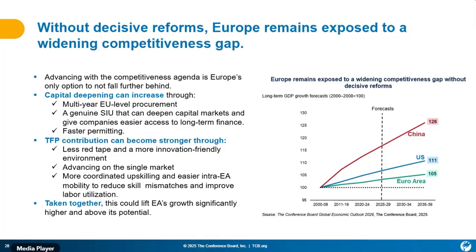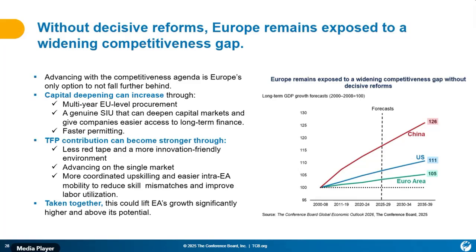Assuming this happens, one key note we make in the report is that decisive reforms will have a positive impact on the economy, and this positive impact will be felt across most of the channels of growth that we study. Whether this is capital contribution, whether this is TFP contribution, reforms related to regulation, reforms related to a genuine savings and investment union that can help companies with their long-term investment planning and can make capital more attractive. And of course, policies when it comes to a better utilization of labor, so that productivity can improve.